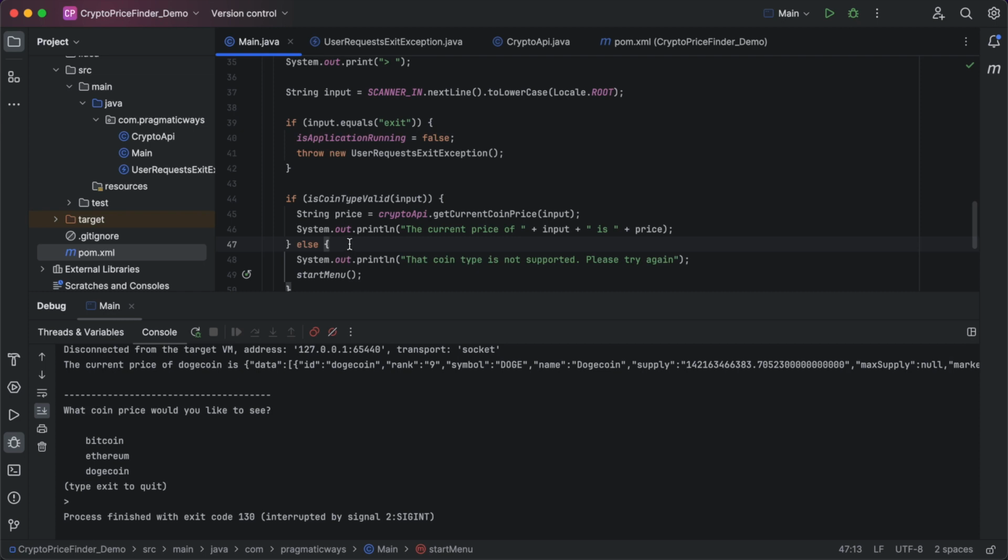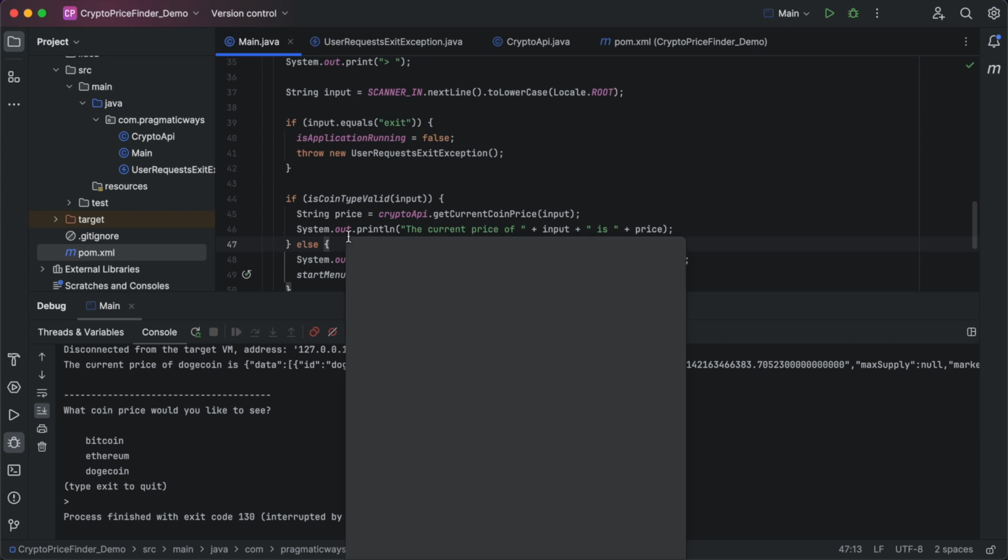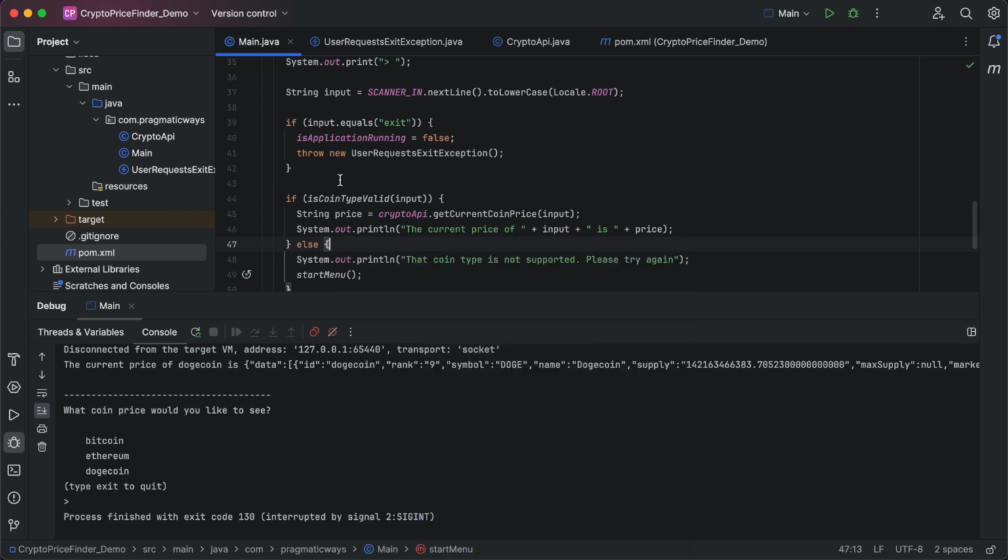What this class is going to do, by the way, is take a JSON string and convert it into a Java object for us. Because if we remember, look at our output here. This is really just a big giant JSON string. We need to convert this into a Java object. So first thing we need to do is actually create a Java object that our response is going to get